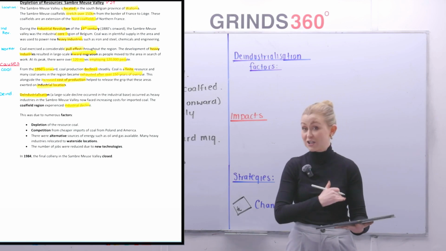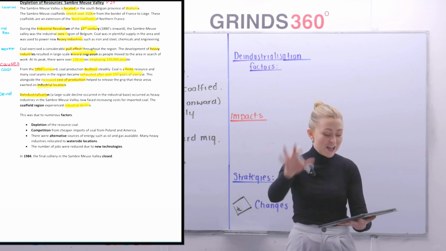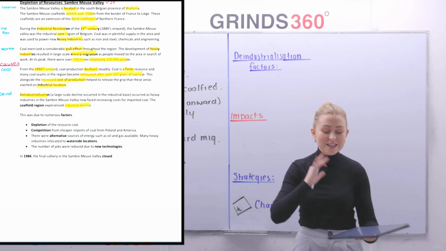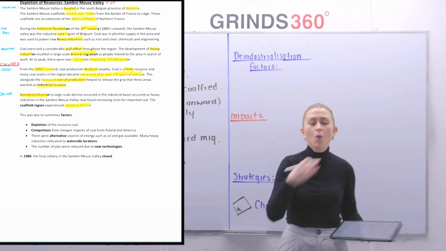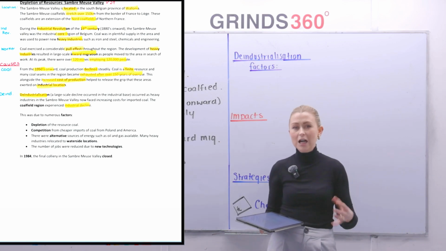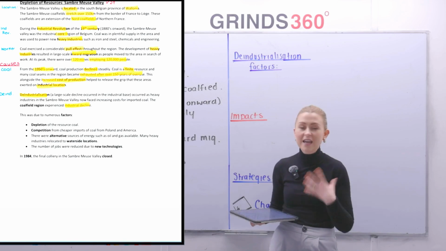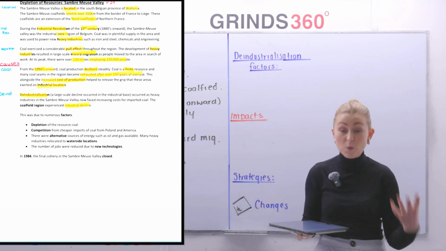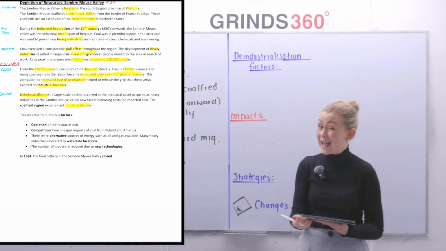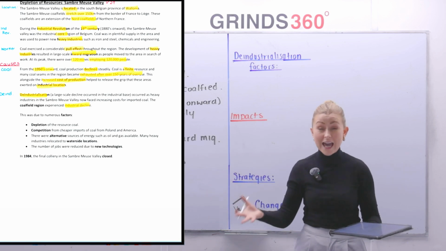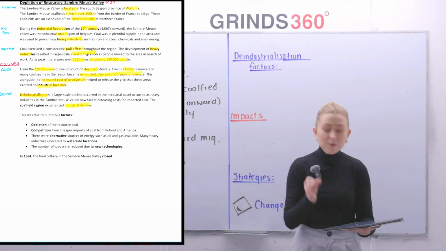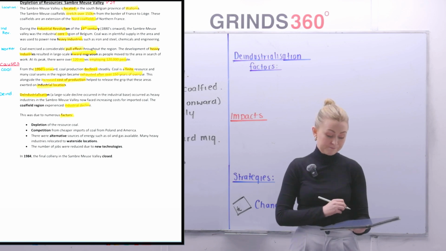Apologies, it's actually a little bit further on, different part. The coalfields regions experienced industrial decline. Now, most of them industries, and I will say this to you now, most of them industries didn't actually stay there. They moved to waterside locations because, again, it's cheaper to transport on water than it is on land. And if you're not beside that coal, your energy source, it's going to be expensive to get it there. This was due to a number of, highlight the word, factors.